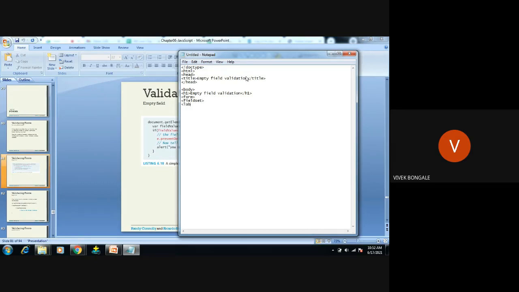So label. I will give name, then input type equals text. Then the ID and all we will see later. Input type equal to text.